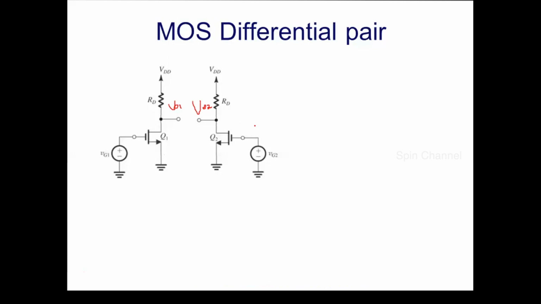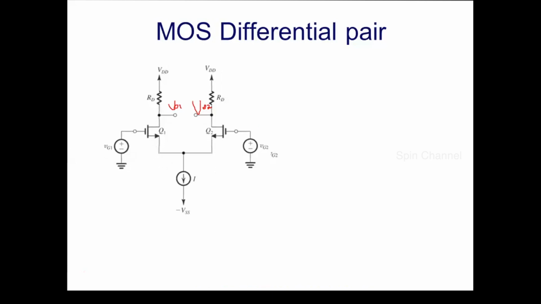Now we are talking about an amplifier. The requirement for an amplifier is that both the transistors should be in saturation, or conducting all the time, because you remember the characteristic curve and the Q point of an amplifier always being at the center of the load line and such stuff. So we need to provide proper biasing to this circuit so that both the MOSFETs are always in saturation and conducting all the time. So what is the best way of biasing a MOSFET? It is by providing constant current source biasing. So now this circuit will be turned into this one with a constant current source biasing of I.